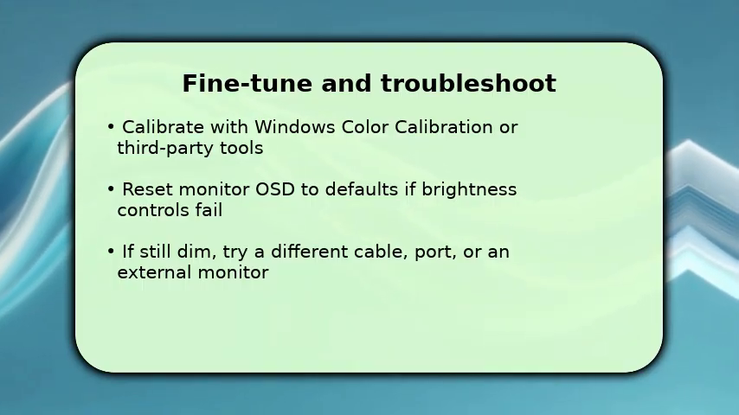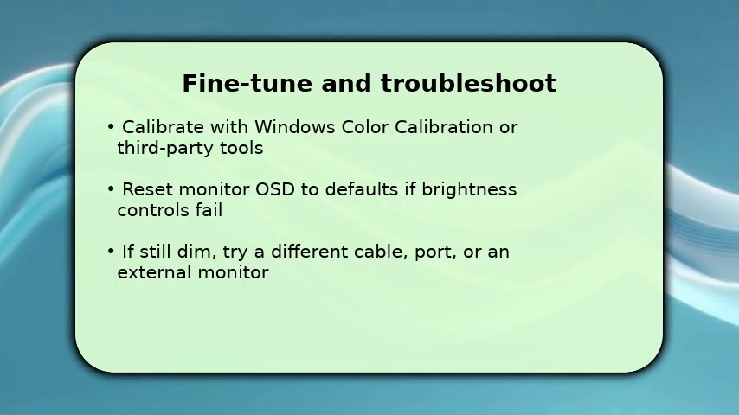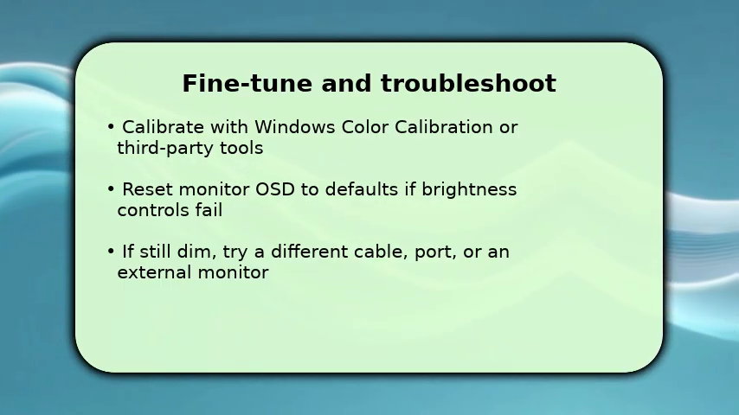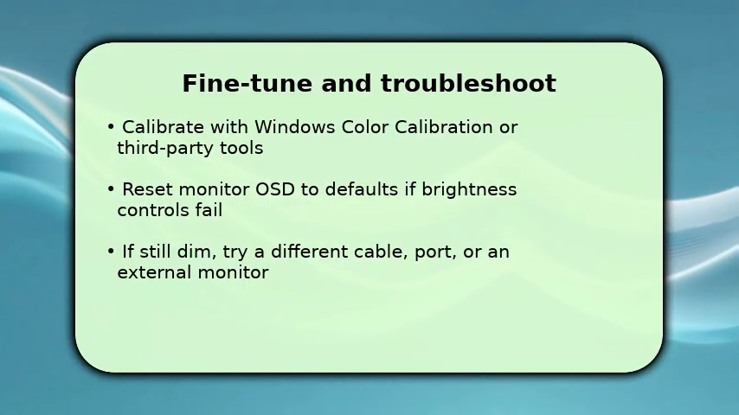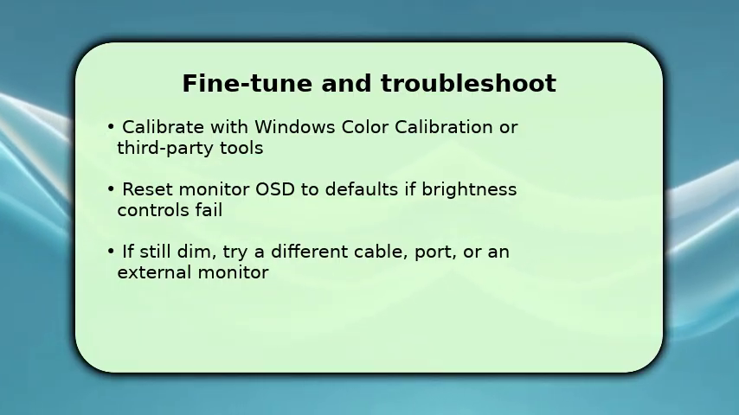If on-screen display controls are unresponsive, reset the monitor OSD to factory defaults. If brightness remains low, swap cables, try another port, or connect a second monitor to isolate hardware. Troubleshooting tip: if nothing changes after these steps, test the panel with